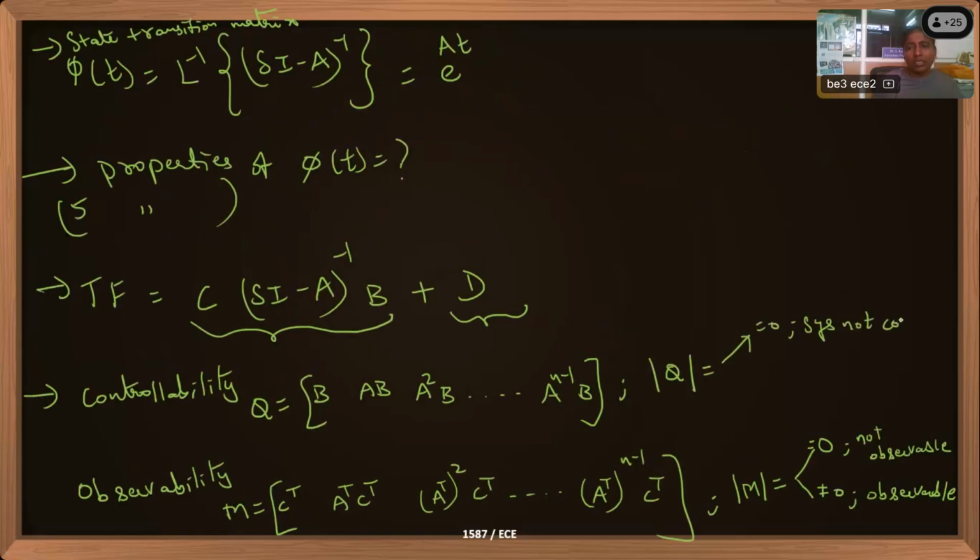System is not controllable. Okay. If the det is not 0, then we can do some analysis on the system. System is controllable. Okay. This is about controllability and observability in the last unit. Matrices A, B, C, D will be given in the question either in differential equation form or in matrix form.